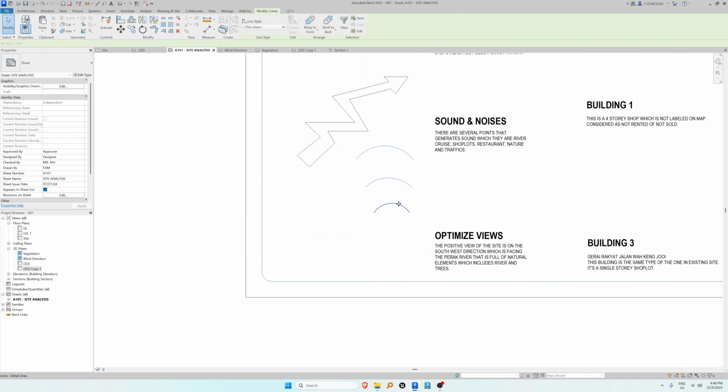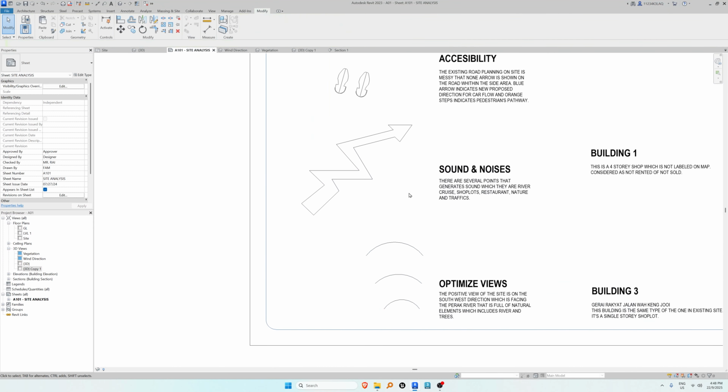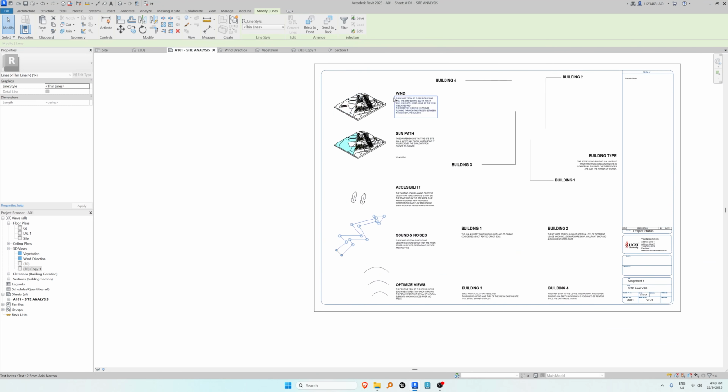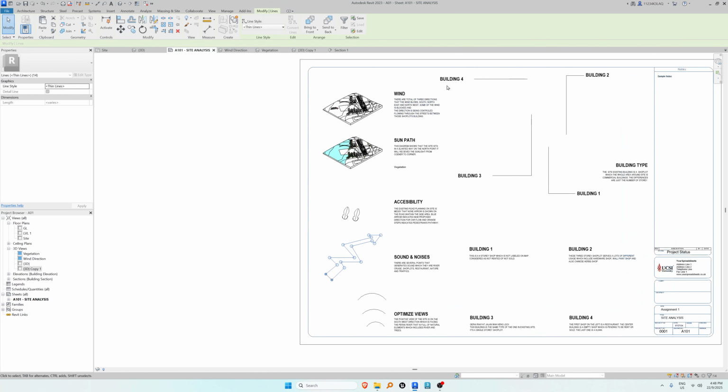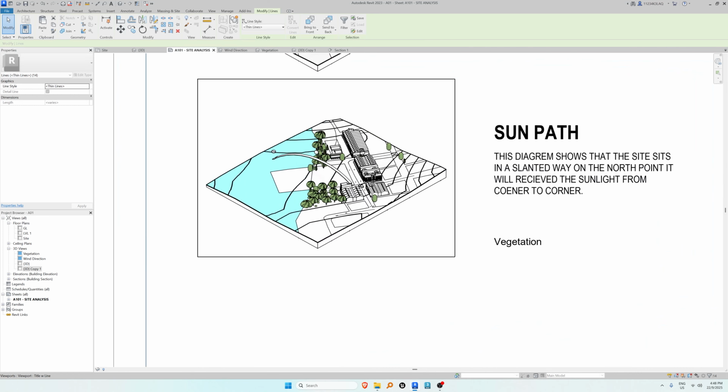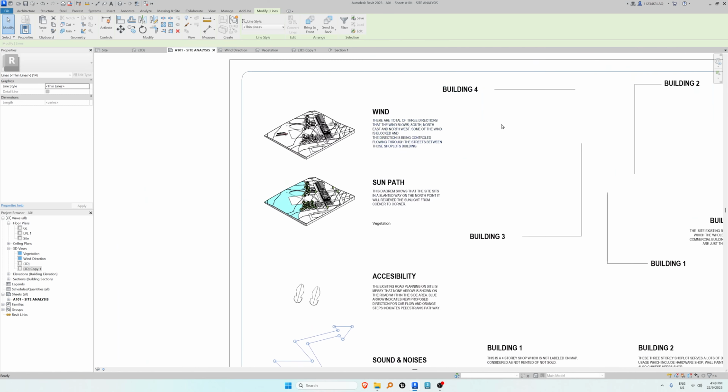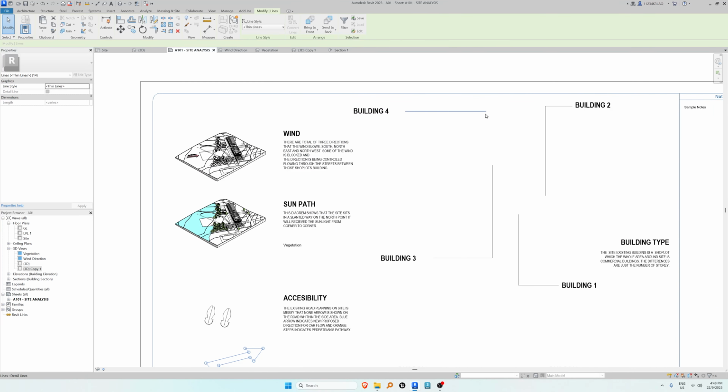Okay, you can use this to represent views, right? This one you can use for noise, right? You have the sun, wind, a lot of things, right? You can even show vegetation. That's one more. And always do a little write-up, and then you can show maybe one of the most